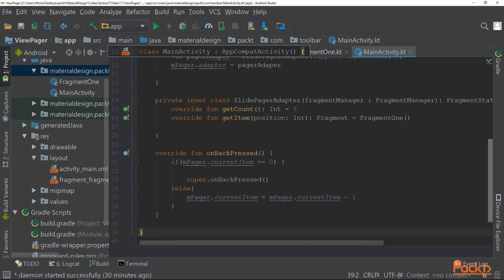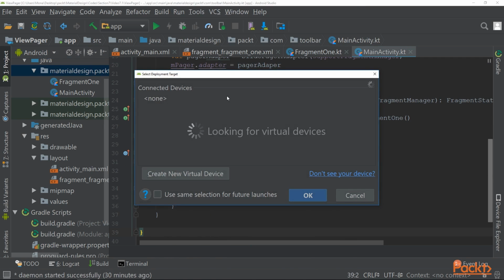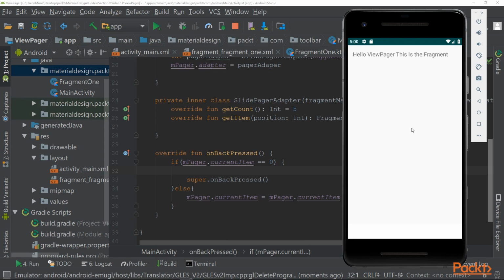Okay, great. Now it's time to see the result on the emulator. Alright, now you can see that we can easily swipe between different pages, and it has 5 pages. So let's go back 5 times. And after 5 times, you see this has ended. Great. Now that we are done with ViewPagers,